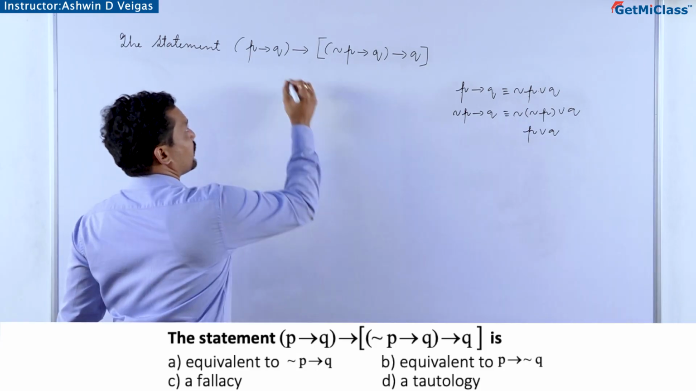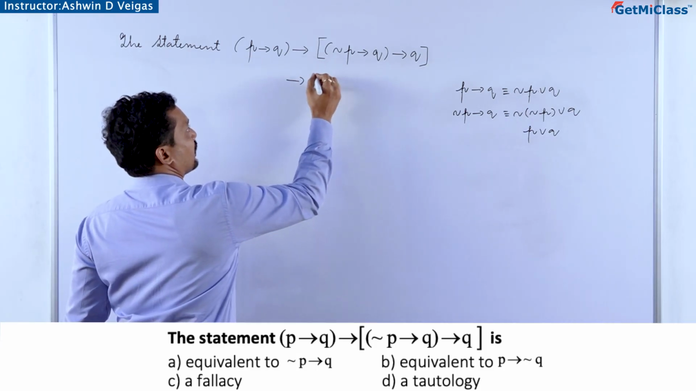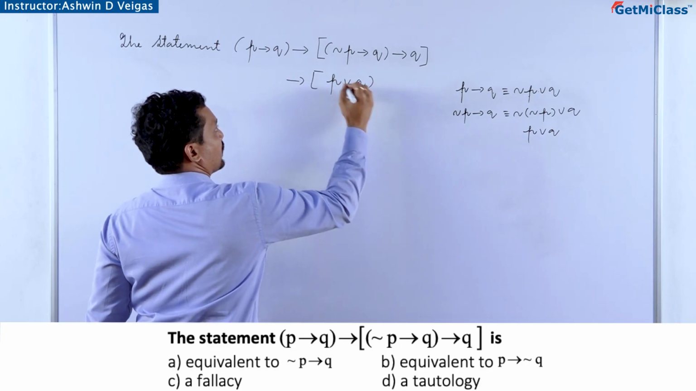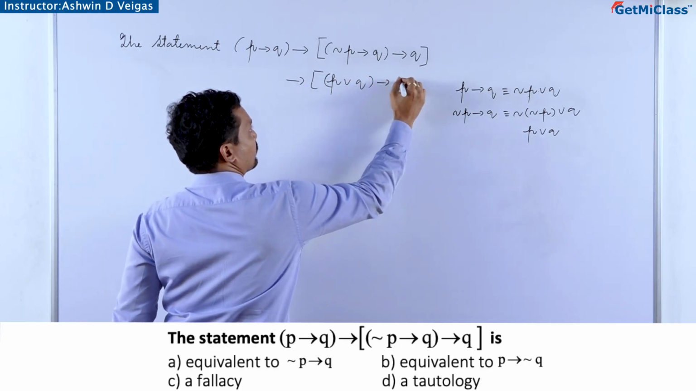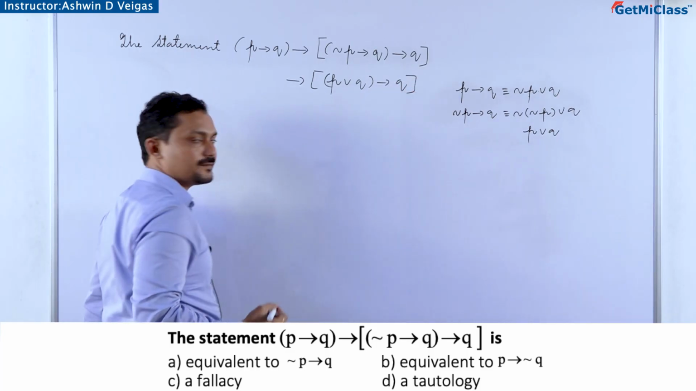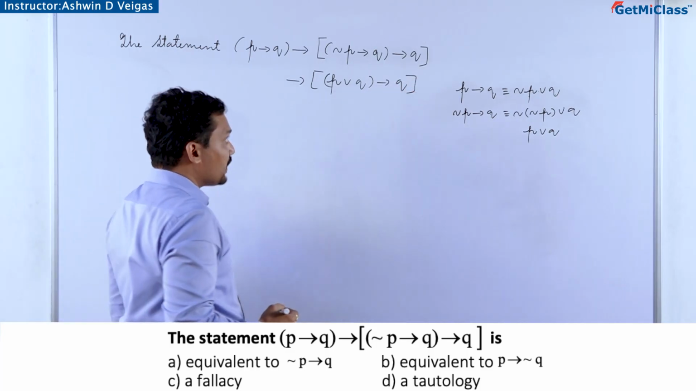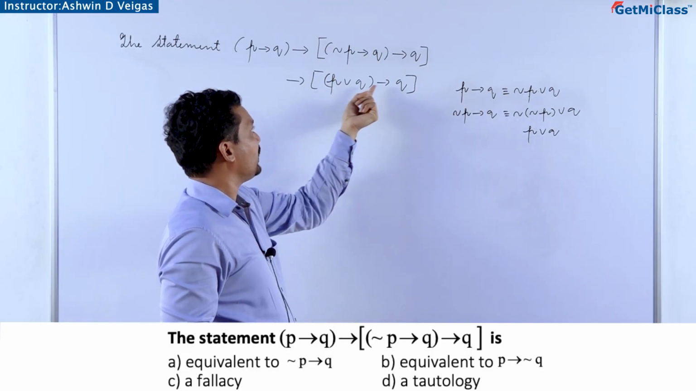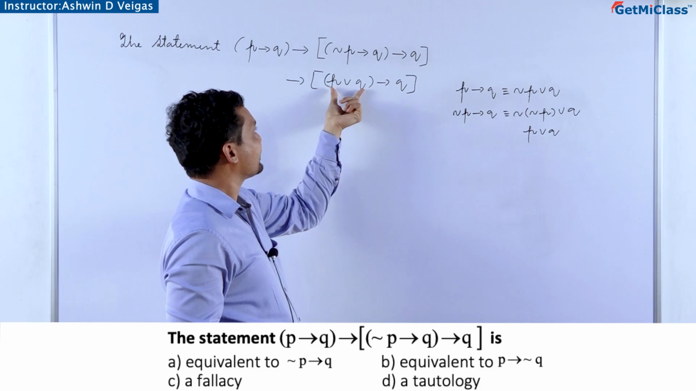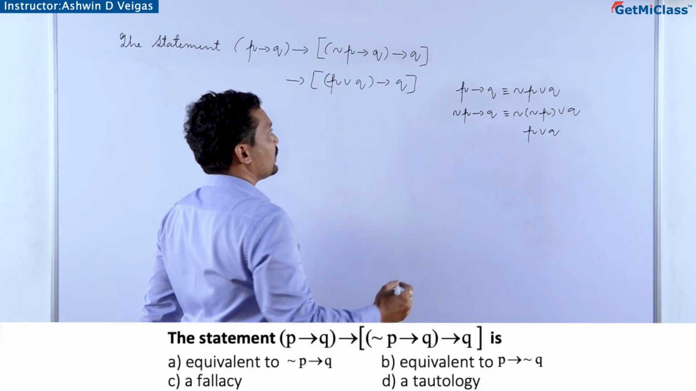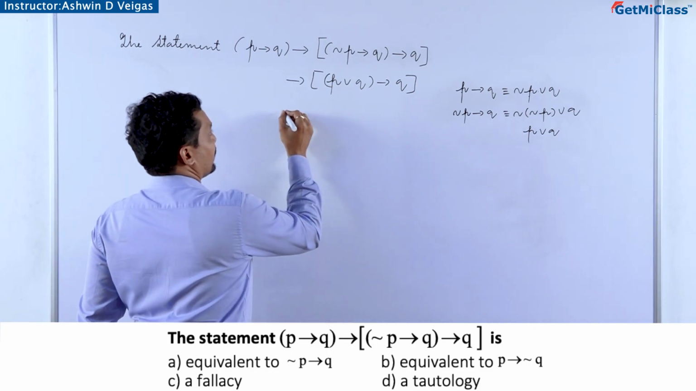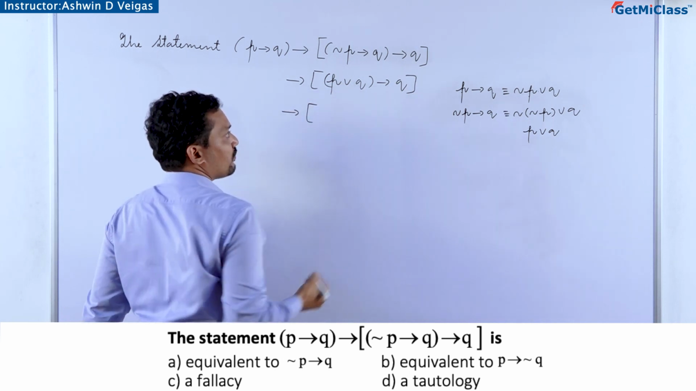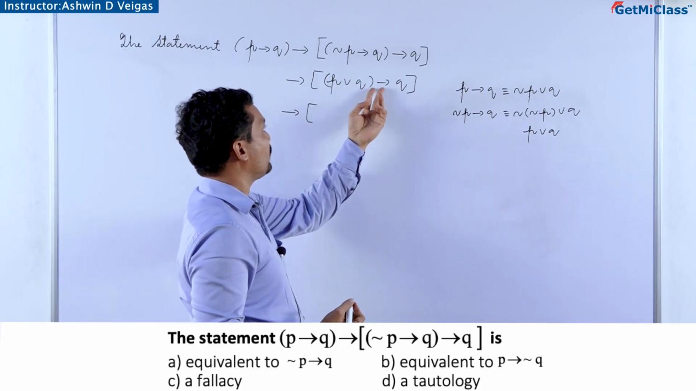So, let this be as it is, and this becomes (P or Q) then Q. We get it like this. Now, again for this we will use the same law. This is again in the form P then Q, where P is P or Q, the first component. So, if you try to write the equivalence of this in the form P then Q,